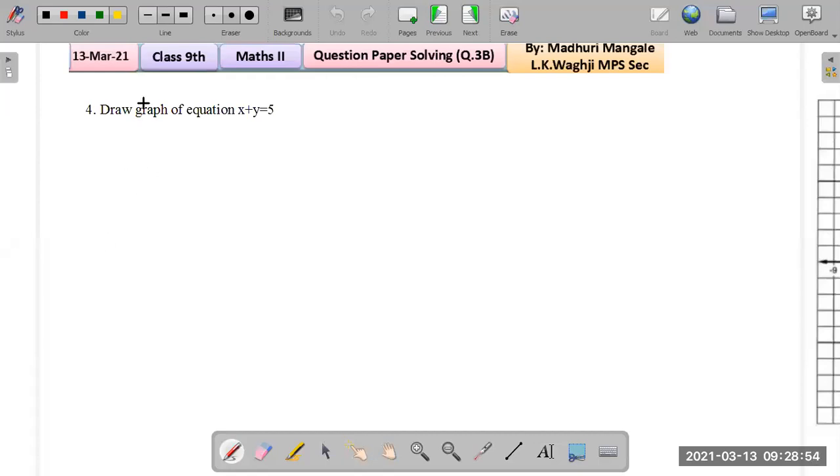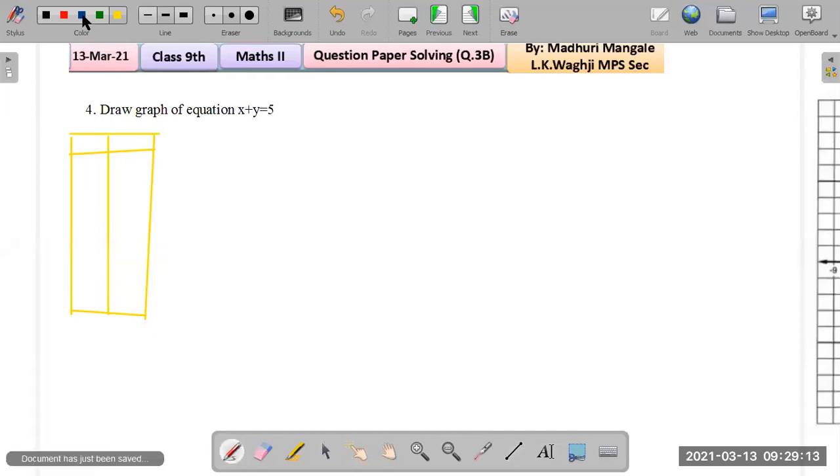So suppose you are given a question like this: draw a graph of the equation x plus y equals to 5, how do you begin? We start with drawing out a table. Okay, a table where there will be x and y, correct? And how many points do we need? We need only 3 points. Fine. So like this, draw a table where there will be x and y like this. Okay, and we set random values of x and we get the value of y.